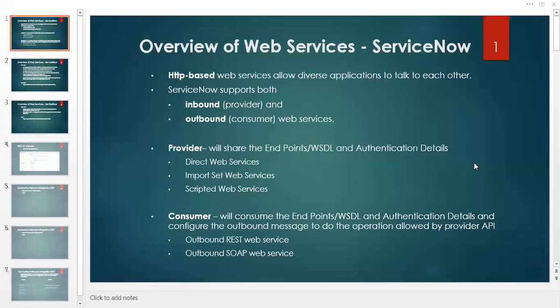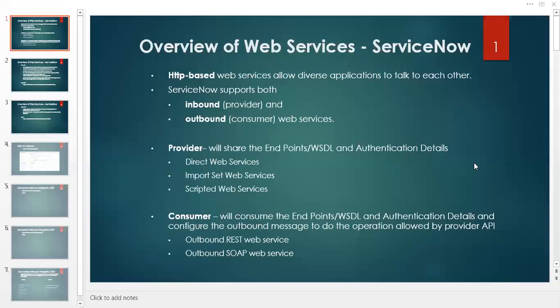If Jira needs to create a few incidents in ServiceNow, like when a ticket is created in Jira, that should get created as a ticket or incident in ServiceNow. That is inbound for ServiceNow, but that doesn't define it as inbound just because ServiceNow is receiving the data.